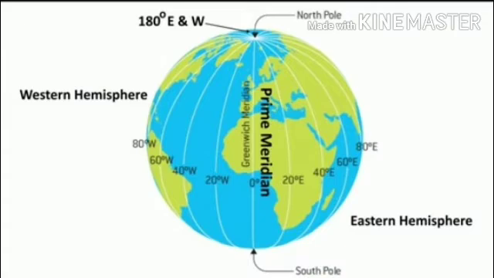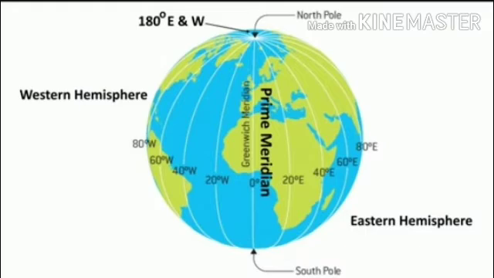Hence, all countries decided that the count should begin from the meridian which passed through Greenwich, where the British Royal Observatory is located. This meridian is called the prime meridian. Its value is 0 degree longitude, and from it we count 180 degrees eastward as well as 180 degrees westward. The prime meridian and the 180 degree meridian divide the earth into two equal halves, the eastern hemisphere and the western hemisphere. Therefore, the longitude of a place is followed by the letter E for east and W for west. It is interesting to note that 180 degree east and 180 degree west meridians are on the same line.